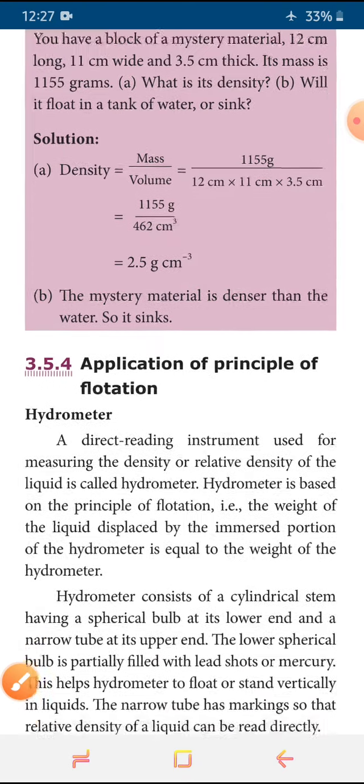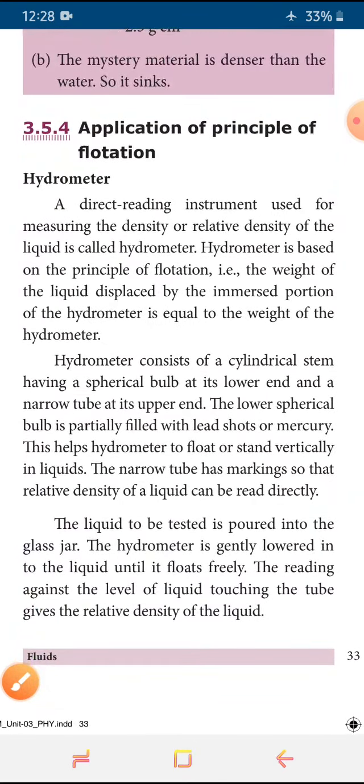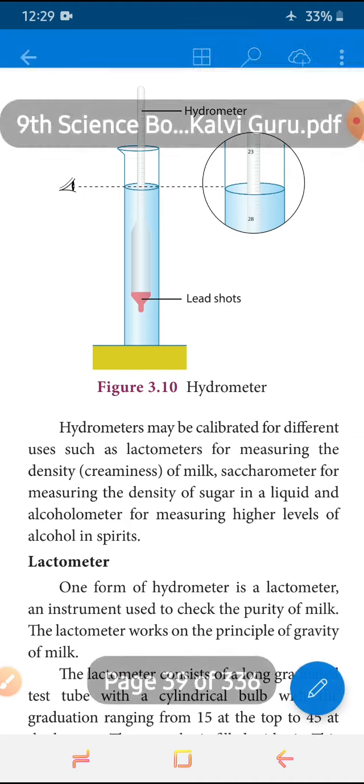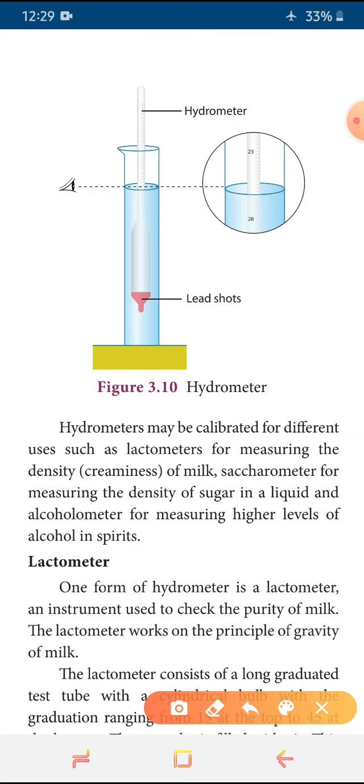Okay, next is application of principle of flotation. First, here we will discuss about hydrometer, later we will discuss about lactometer. And this is hydrometer, and see the construction of hydrometer is given in figure 3.10. And this is the narrow tube, narrow cylindrical stem. At the bottom of this narrow tube we have the bulb, that is a lower spherical bulb, and this lower spherical bulb is partially filled with lead shards